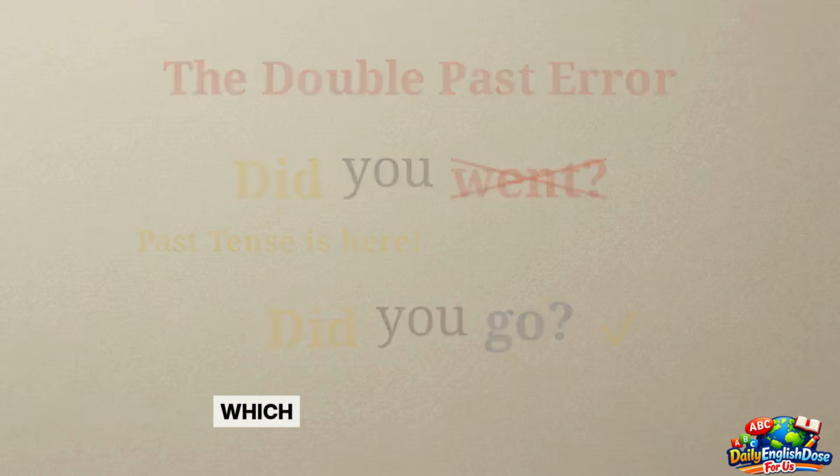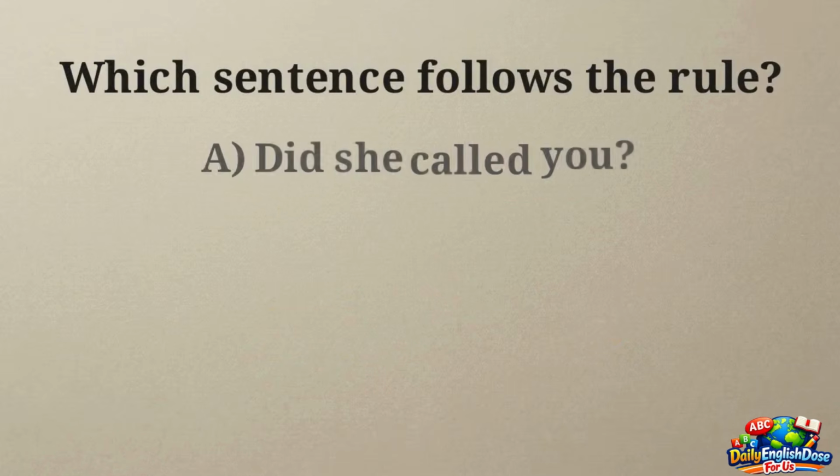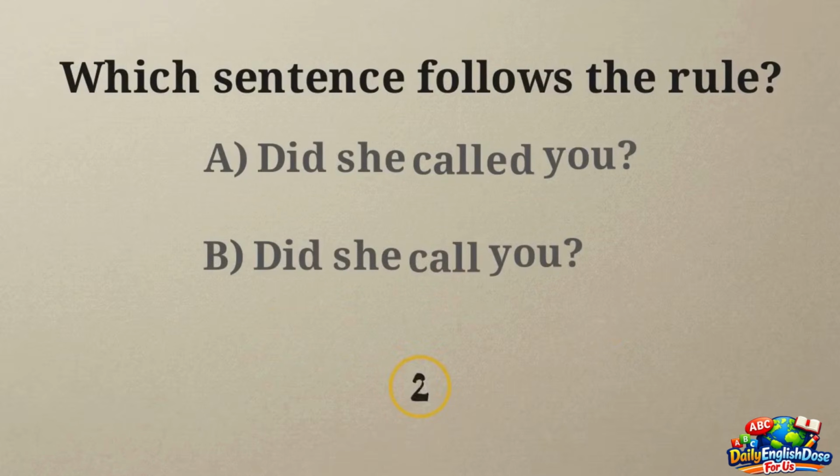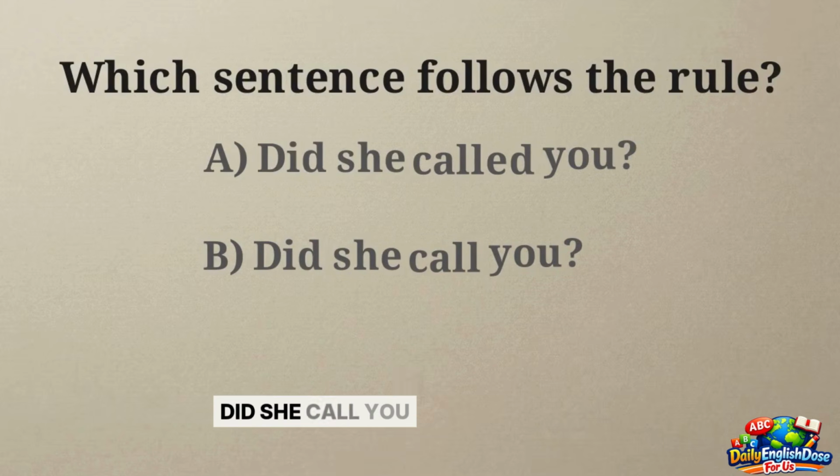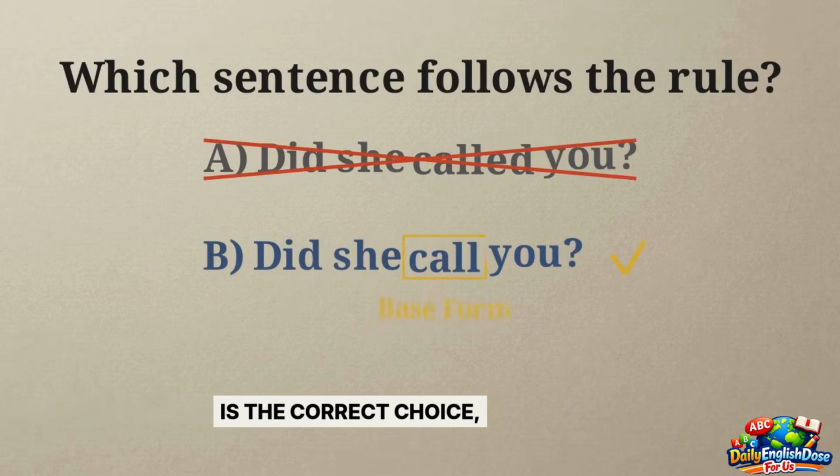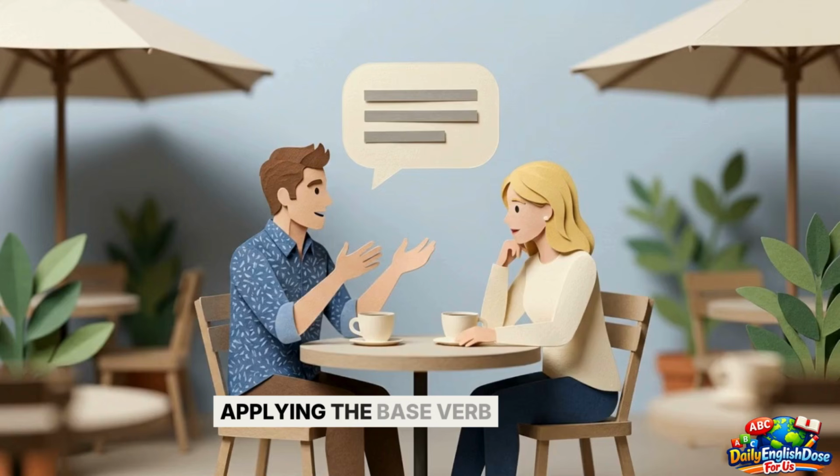Try it here. Which sentence follows the rule? Did she call you is the correct choice, because call is in its base form. Applying the base verb rule consistently removes a frequent error, aligning your phrasing with how native speakers structure past tense